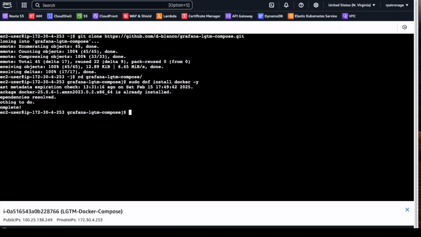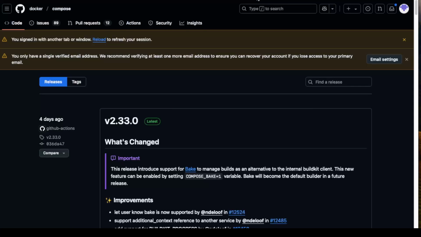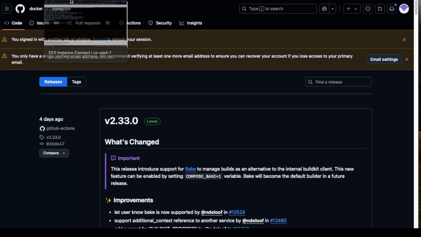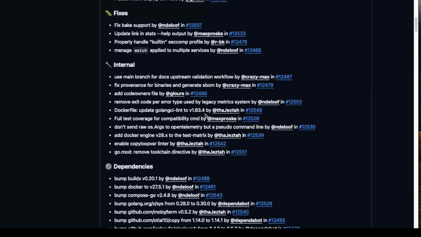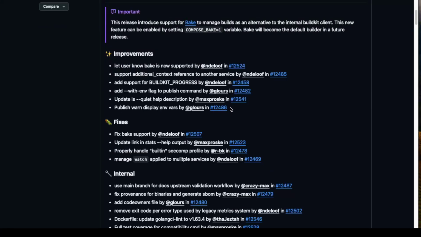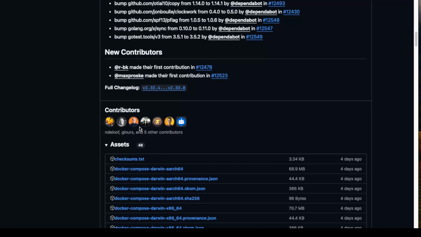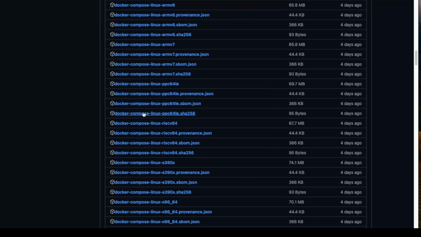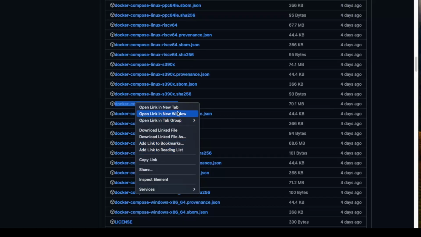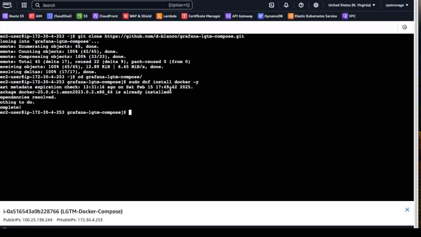And then you're also going to have to install Docker Compose. Again, Docker Desktop will already come with Docker Compose, but if you're on an EC2 instance or some other Linux machine, you might not have it installed. You can go to the Docker Compose site on GitHub and look for their releases under assets. The one you're going to need is this one for most Linux versions, unless you're running a different architecture. So let's go ahead and just copy the link, go here, run curl -L,